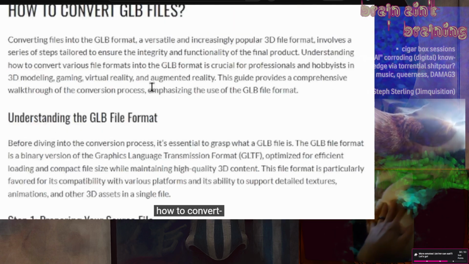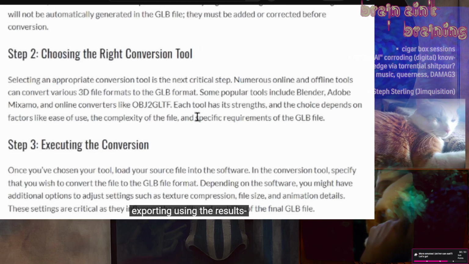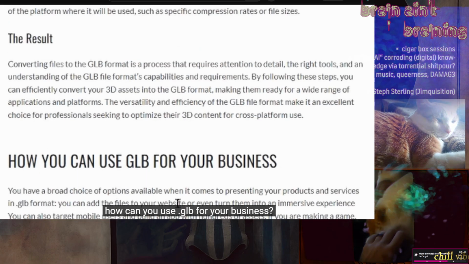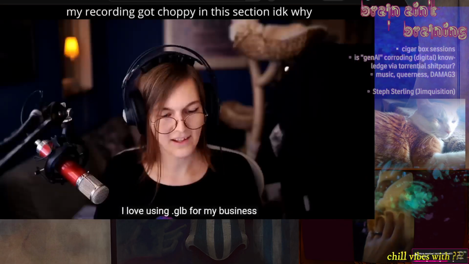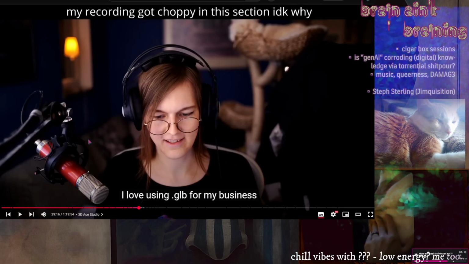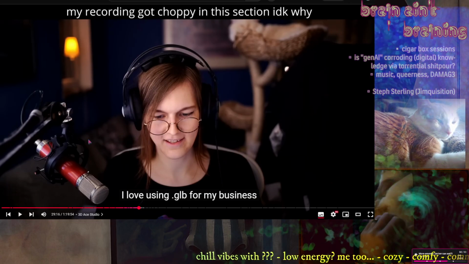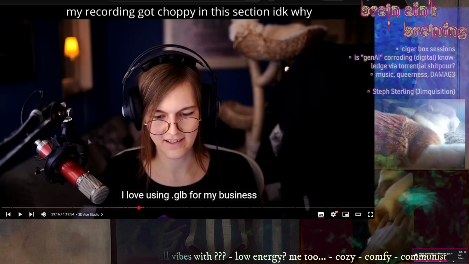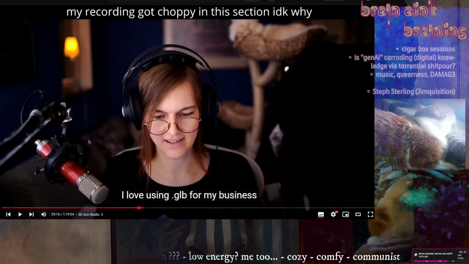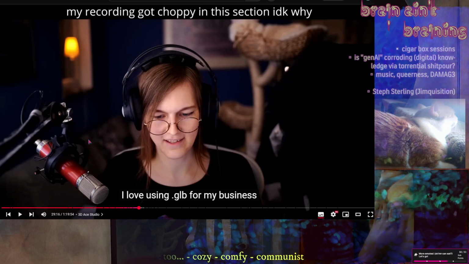Tailored menu, how to convert, understanding the preparing your source file, exporting using the results. How can you use GLB for your business? I love using GLB for my business. Tapping GLB or GLTF, yeah, we gotta tap them file formats and we gotta use them as my business, for my business. And